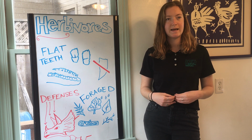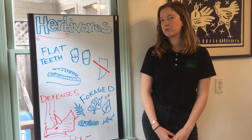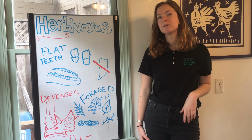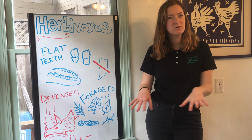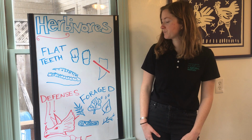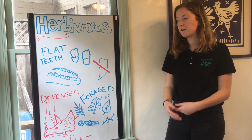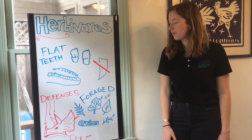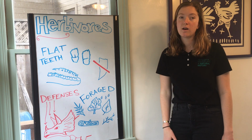Some herbivores, like Brachiosaurus, had long necks. This allowed them to reach the tops of trees, but others were short, like Triceratops, and they kind of stayed down towards the ground, eating maybe bushes and other scrubs. So they foraged. They did not hunt. They instead walked around and foraged for different plants. They also needed